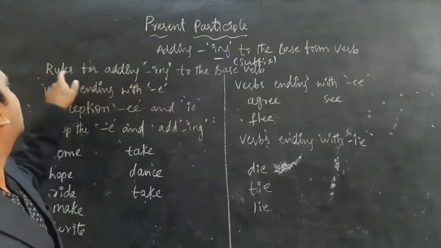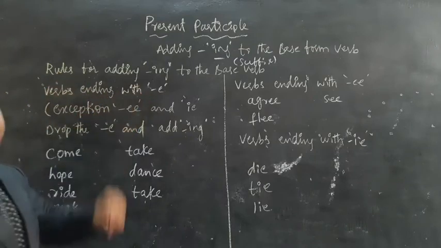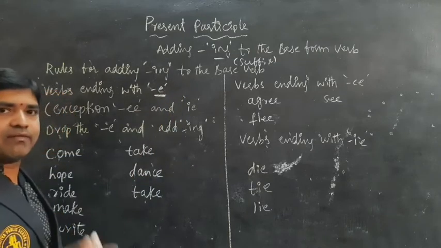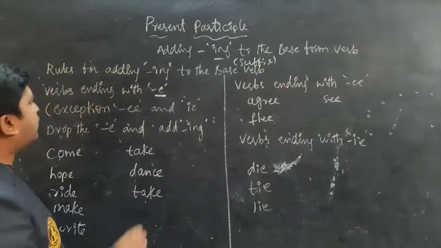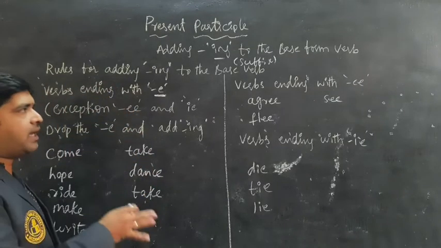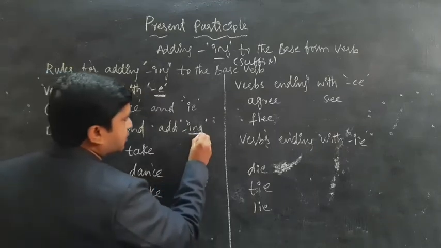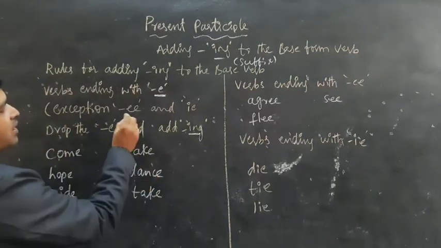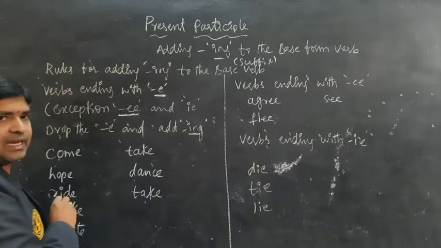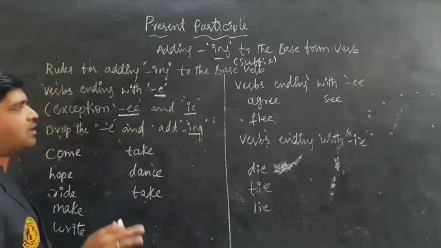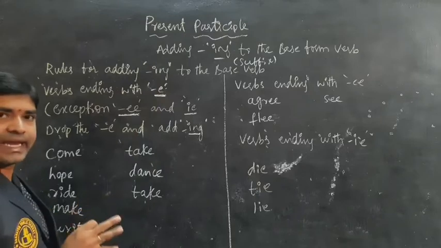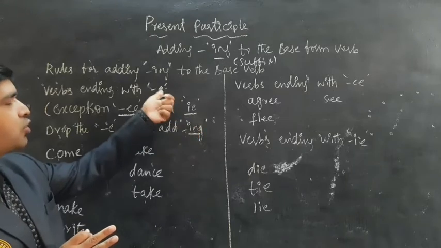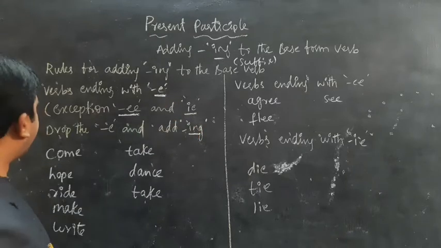See the rule. Words ending with e: you will see a few verbs which end with e. When the verb ends with e, we have to remove that e and add ing. But that rule is not applicable everywhere and we have some exceptions. When the verb ends with ee and ie, we should not remove this e. When it comes alone, without double e or without ie, you have to remove it. See the examples so that you can understand well.